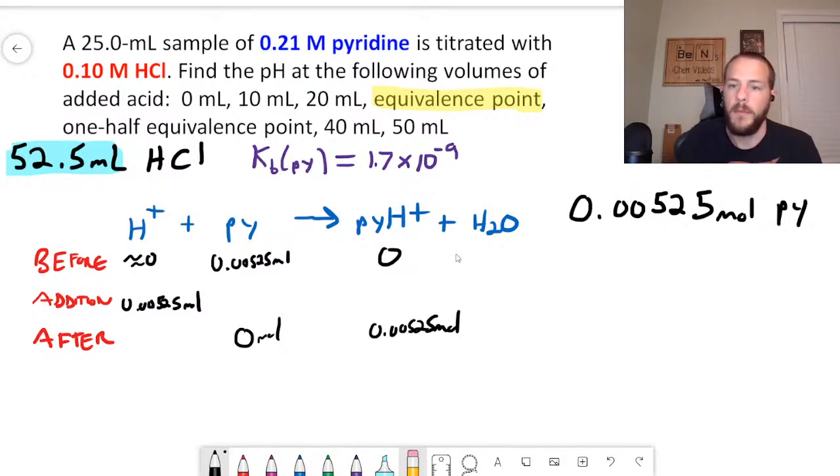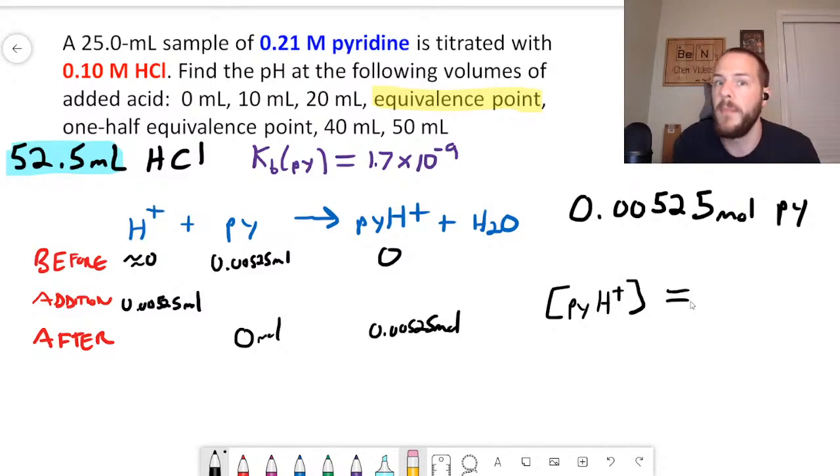But it's important that we can calculate the concentration of this PYH plus by remembering that we need to divide the amount in moles that we have by the total volume. And again, that's the volume that we had initially in our sample plus the volume of the acid that we add to it. Okay? So what is that? So it's